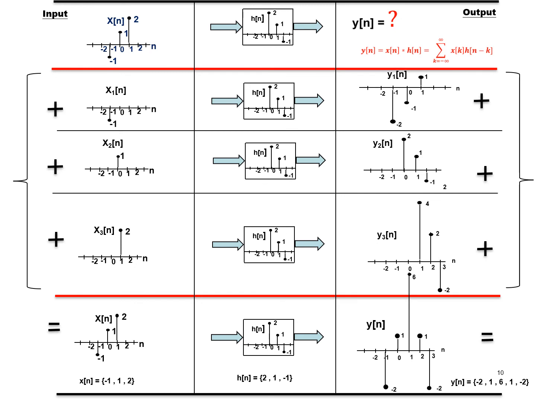This slide I took a lot of time to make. Just have a look at it, what I am actually doing here. See, now my question is this. The question was this: this is a system with an impulse response. When I give this input, what is the output? I have a system with impulse response h of n. When I give this kind of input, what is the output?